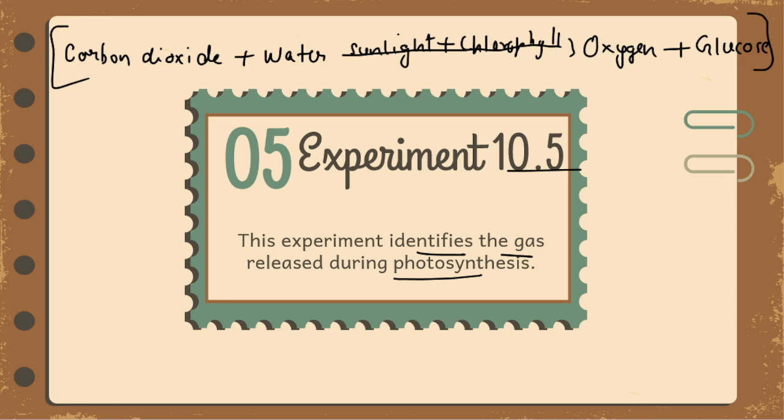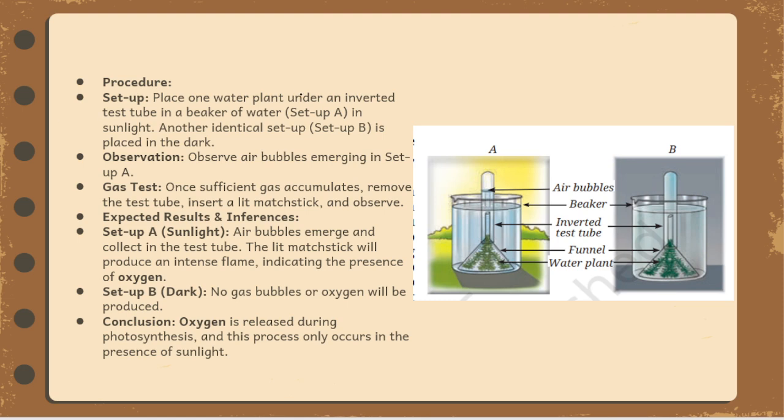Now, let's see whether this oxygen is actually released or not. So, this is the experiment. You have to take a test tube, invert the test tube and place a particular water plant in it. This whole setup is made, and an identical setup B is also made. Now you have to keep setup A in sunlight and setup